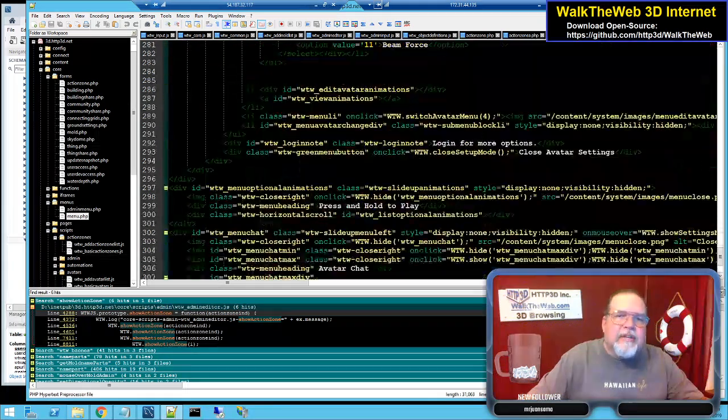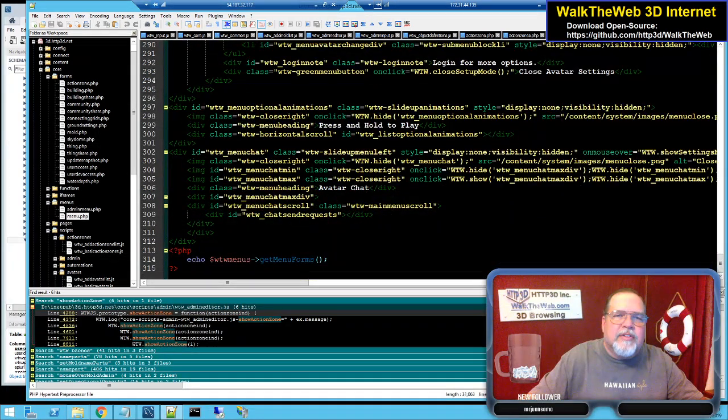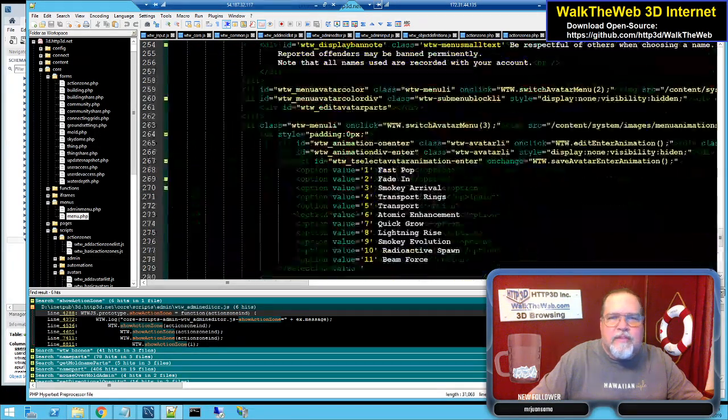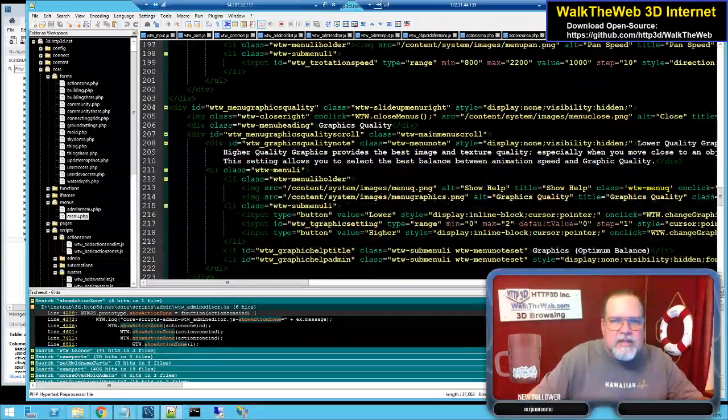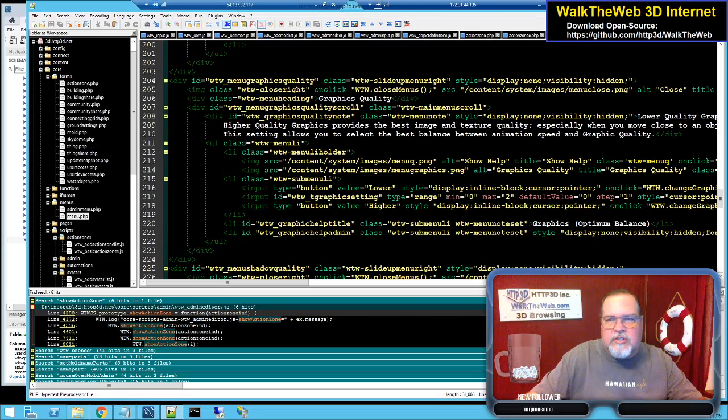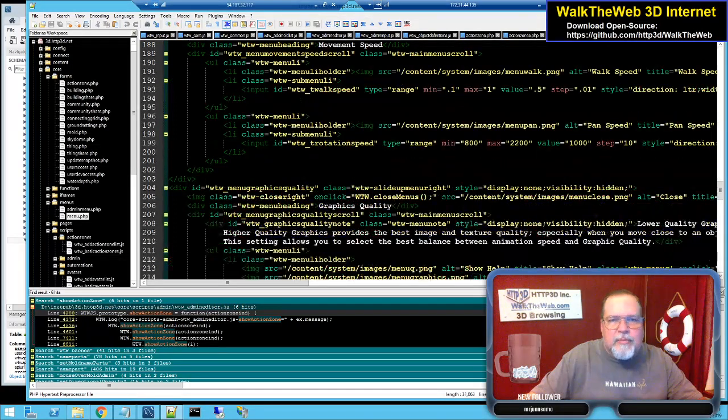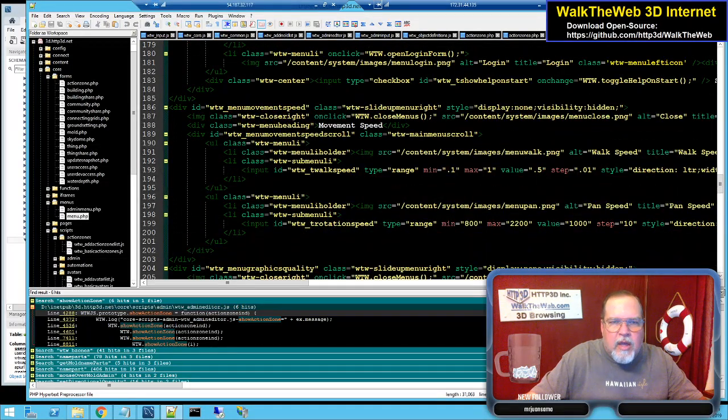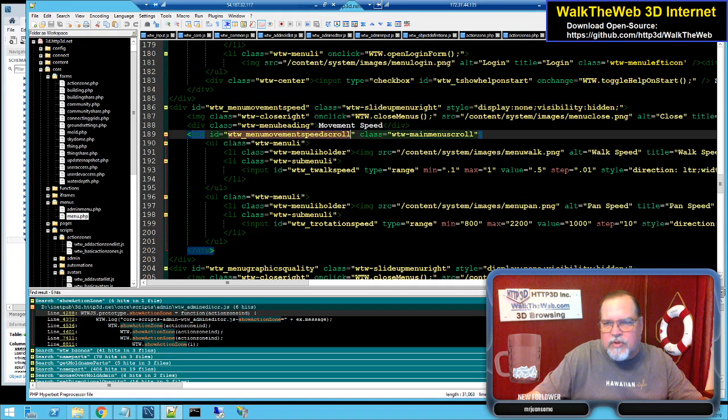Ooh, that would be something related to avatar settings. Maybe I need to move where that's at eventually, or even put a link to it within there so you can go right to it and change the speed of your avatars. That'd probably be a smart thing to do. Okay, so we have movement speed, and this is the section we're doing. When you move this,